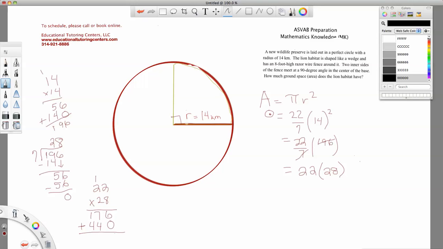They go together. Okay, so 6 and 0 is 6. 7 and 4 is 11. And 4 and 1 makes 6. So that's 616. Okay? So far we see that the area of the entire circular preserve is 616, and we